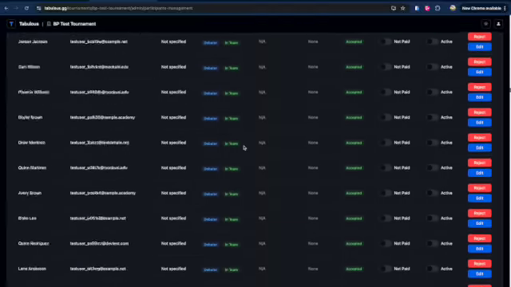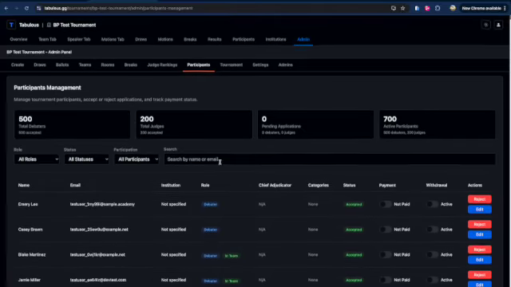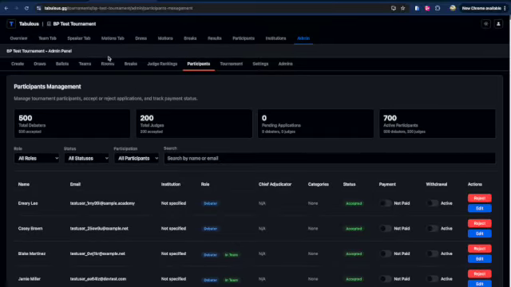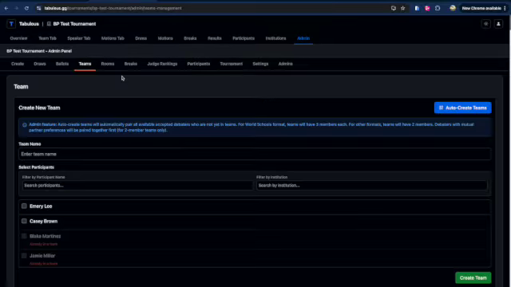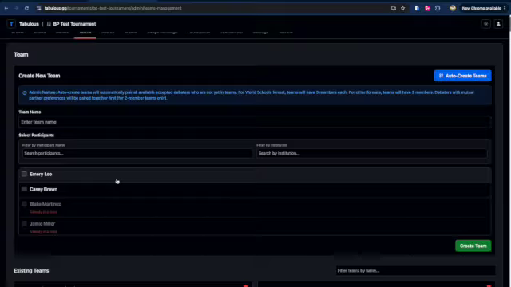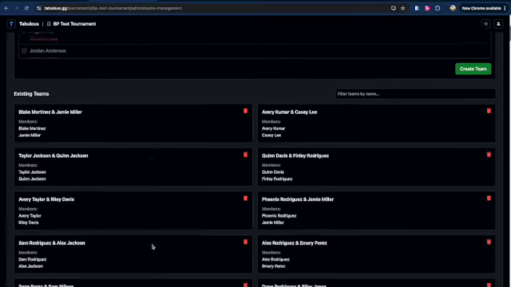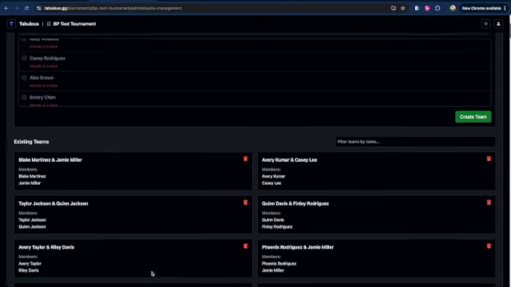and they've been partnered up. Okay, and if we go to teams, when you register debaters for your tournament, they will not have been registered as a team. You need to do that manually. So just to show you that,